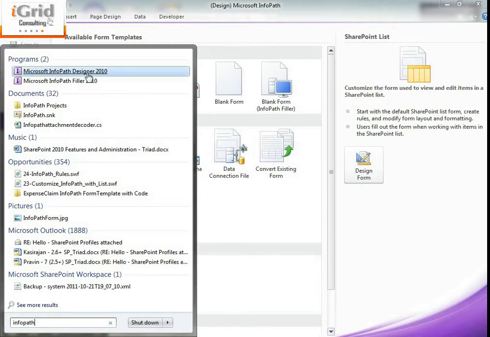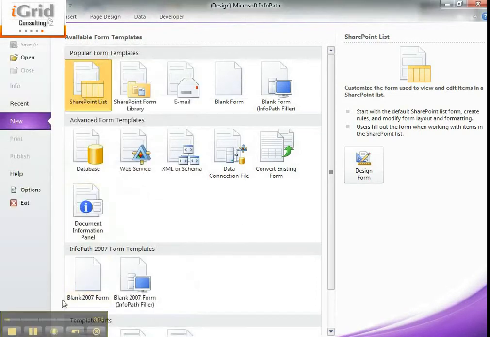So InfoPath is a tool used to design electronic forms. So what is the purpose? In many organizations we have paper-based forms. So people fill papers and take the papers for approval and everything. They also use Word documents and Excel sheets and everything. So this InfoPath tool allows you to create electronic forms, thereby you stop using papers or Excel sheets or Word documents. So something which is very powerful, very easy to develop and deploy.